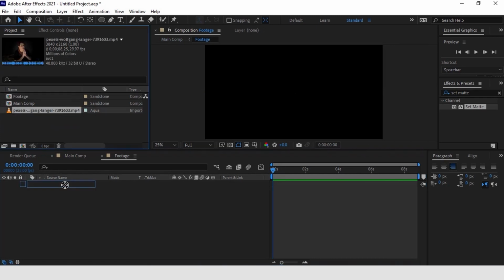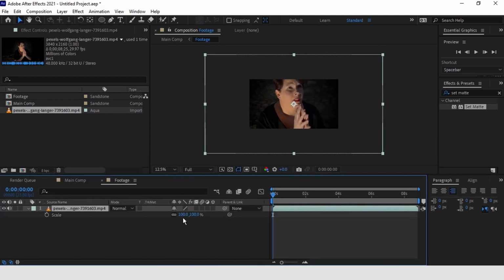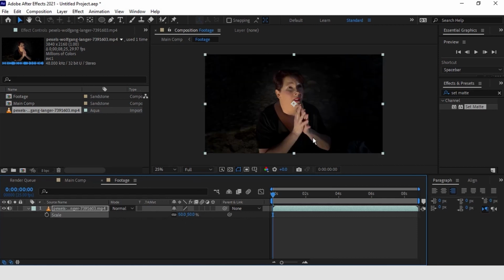It would have been nice if you would film yourself against a chroma key, like the blue screen or green screen. And just remember, before filming, do not wear anything in your clothes which meshes with your green screen or blue screen, because it will not allow you to key out yourself properly. To remove green screen or blue screen, I have already made a tutorial. Link is provided in description how to remove it. For this tutorial, I am going to show how to rotoscope a footage if not filmed on green or blue screen.